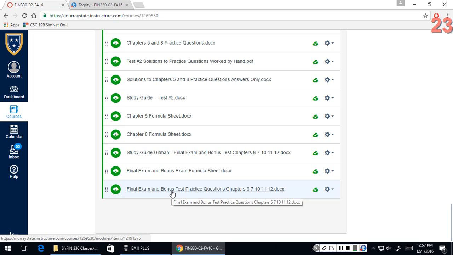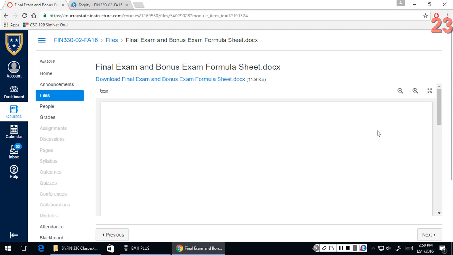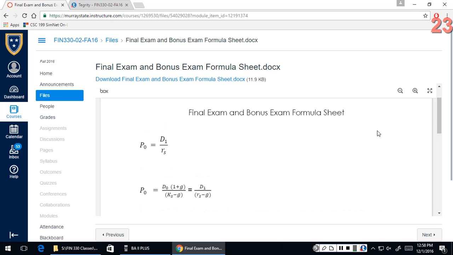Yeah, the final exam is going to be just like it's been all semester, 50 questions, multiple choice. I'm trying to think if there's any true/false, I don't think so. So it's all multiple choice. And then the bonus test will be 15 questions, again, all multiple choice. Are we going to get our formula sheet on the test like we've been getting? Yeah, and there's not very many formulas. I mean, there's like 3, maybe 4. So there's not many, okay? Now, this one, what was that?